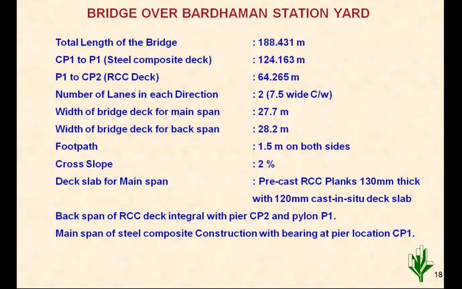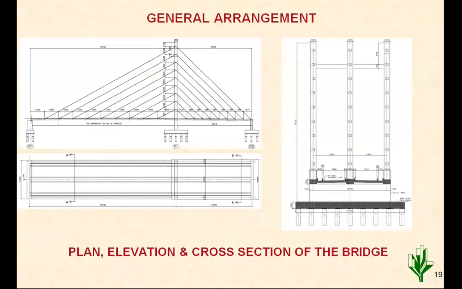Then there is a requirement of 2 carriageways, 7.5 meter wide, and those are built with a common cable stay. Unlike Nagpur, where there are 2 separate cable stays, here it is common. If you see the general section arrangement, there are 3 pylons and 2 carriageways, 7.5 meter each. The third pylon requirement was introduced because of the very shallow available depth. The beam depth available is just 1000 mm at mid, and that could not be done without the third pylon with, say, a 15 meter carriageway and all.